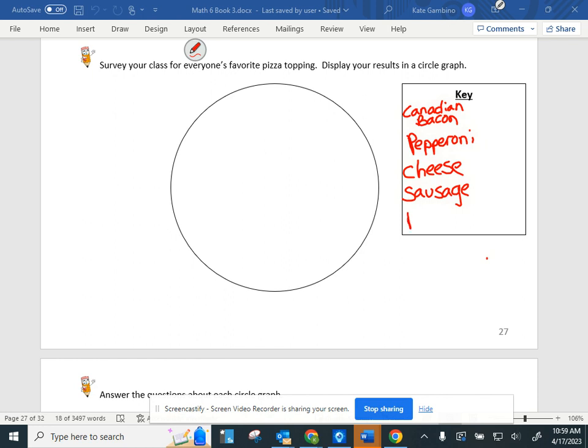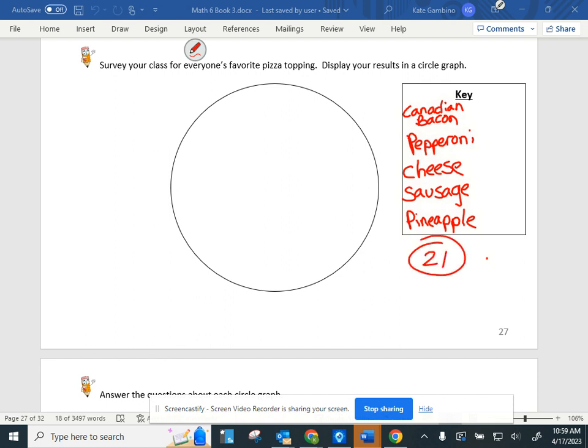Pineapple. Oh, you decided along so well with Mateo. He's the only one in our family that likes pineapple, so we never get that, and he always wants it. So there are 21 students in here now that